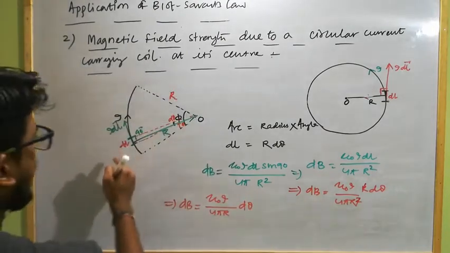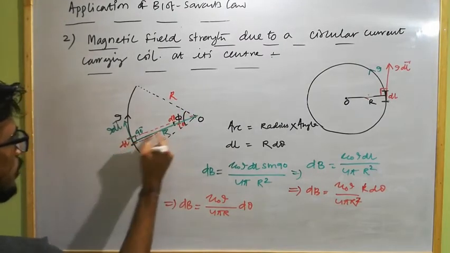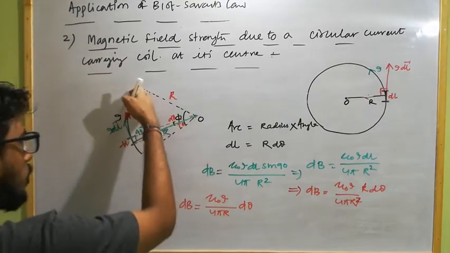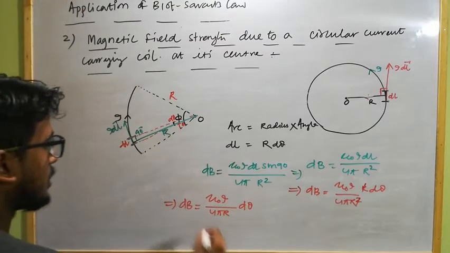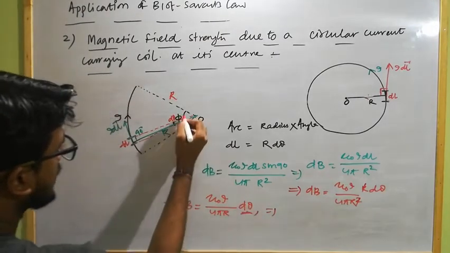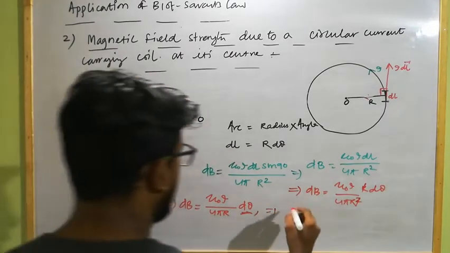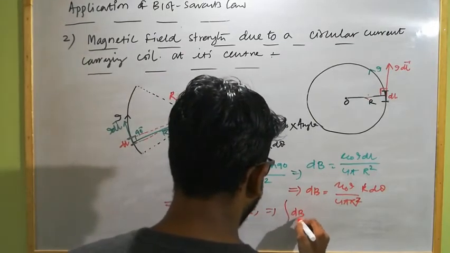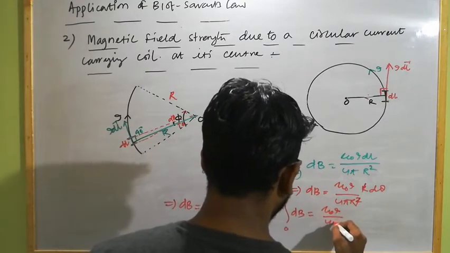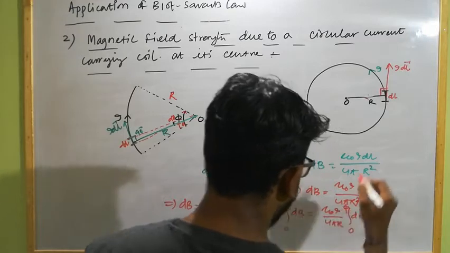Now this is the magnetic field strength at point O due to the current carrying element dl which makes an angle θ. So the complete magnetic field strength due to the complete arc will be obtained by integrating this. So what is the variable? Here the variable is dθ, and θ can vary from 0 up to the complete angle φ. So integrating, we get dB from 0 to B equal to μ0 I divided by 4π r dθ, which varies from 0 to φ.